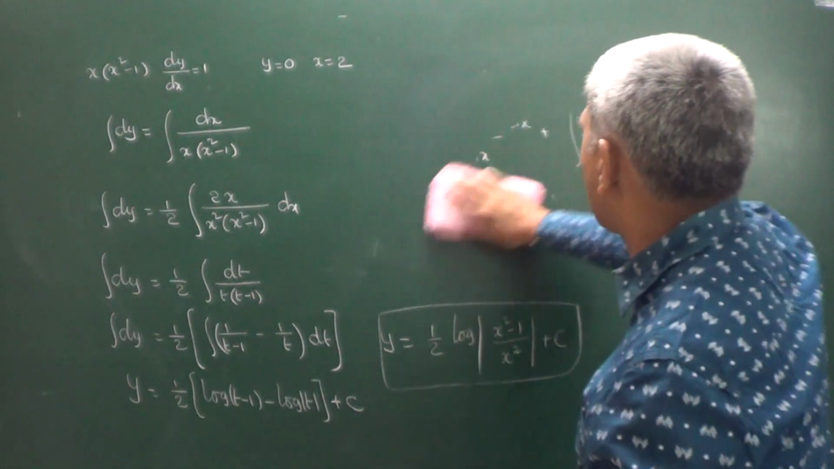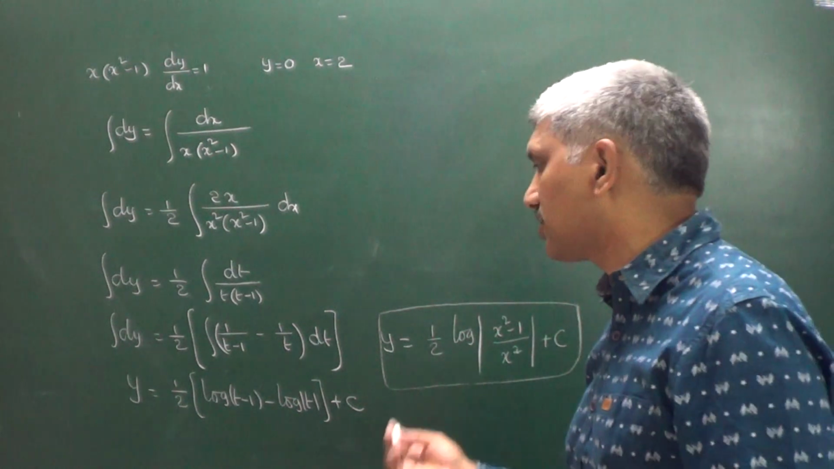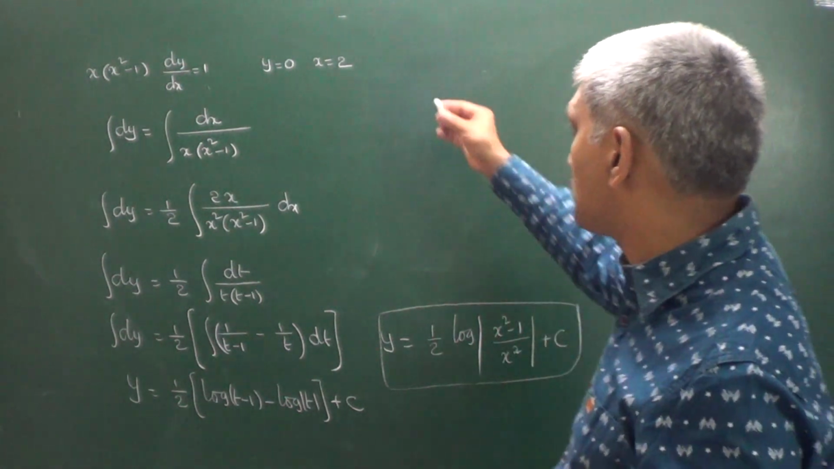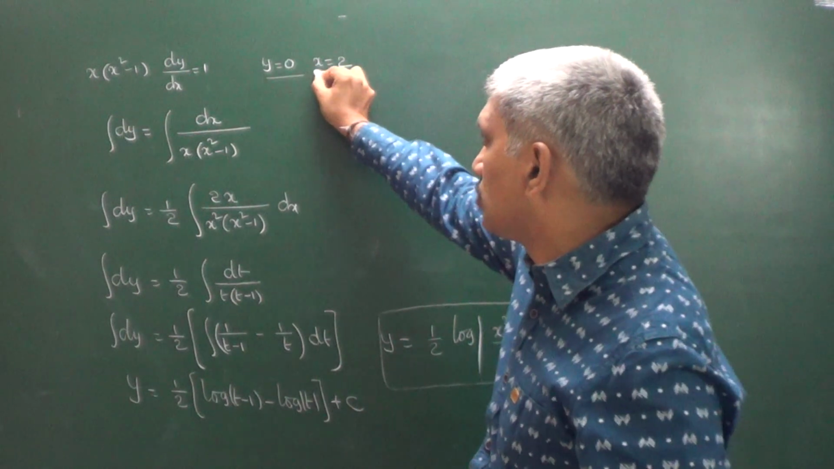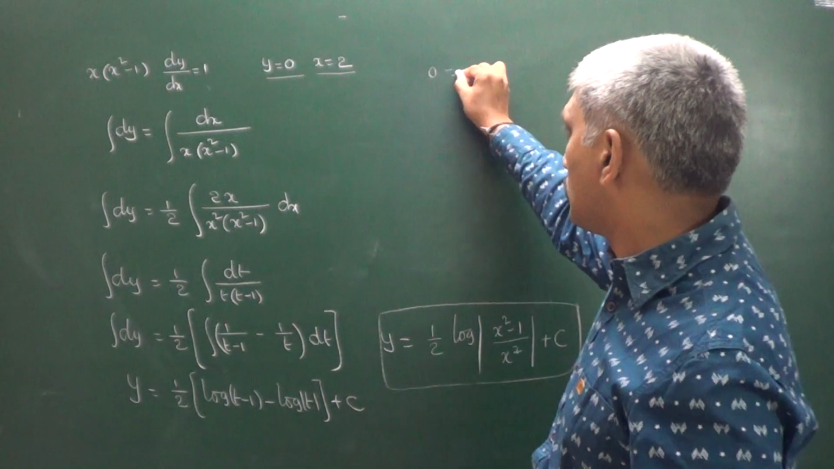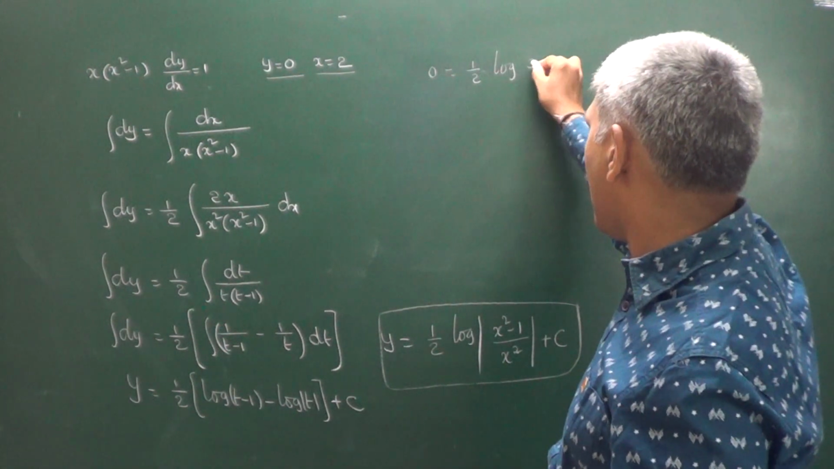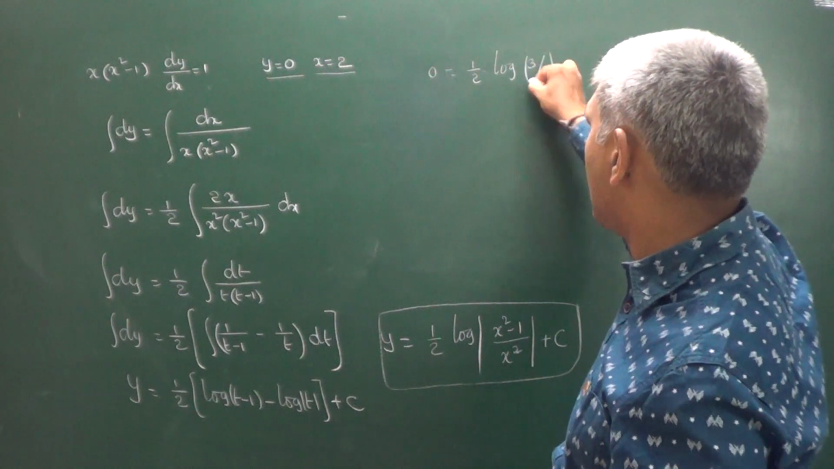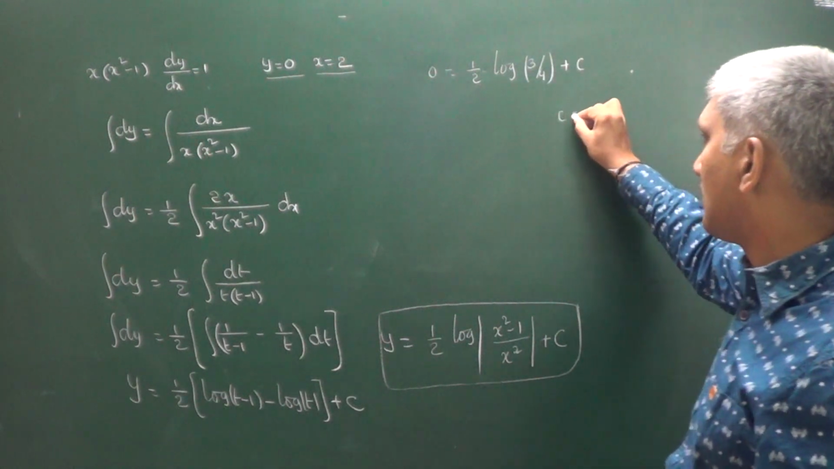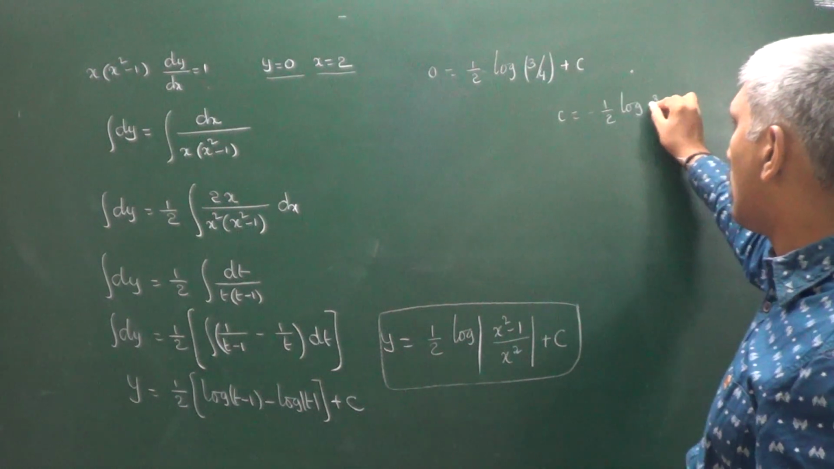But he is asking to find the particular solution for the differential equation. But how to find out the particular solution? For that the information is given as y is equal to 0 when x is equal to 2. Substitute here. So 0 is equal to 1 by 2 into logarithm of 3 divided by 4 plus c. That means we got the value of c is equal to minus 1 by 2 into logarithm of 3 by